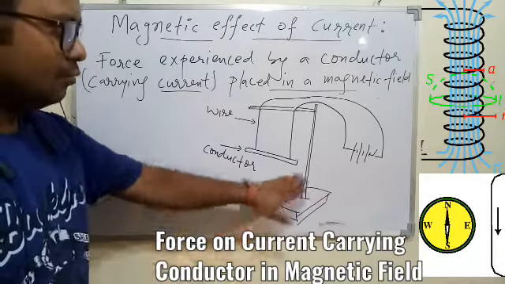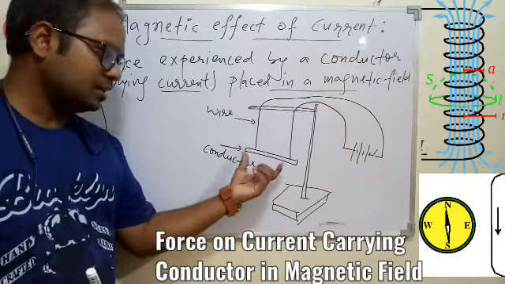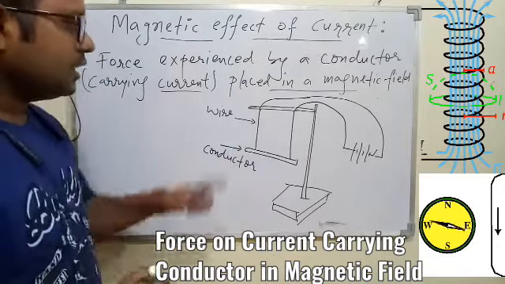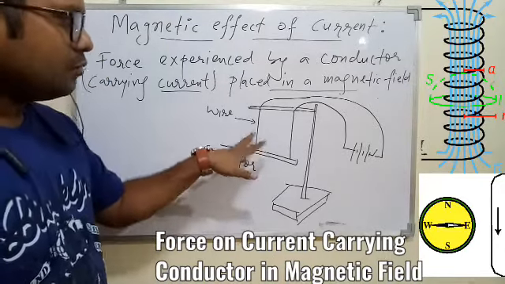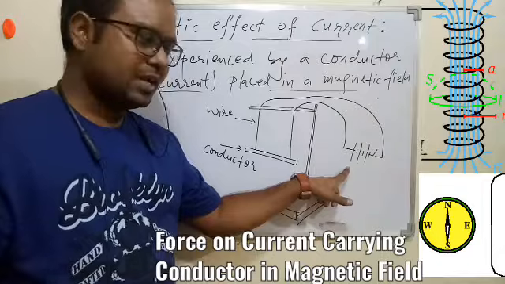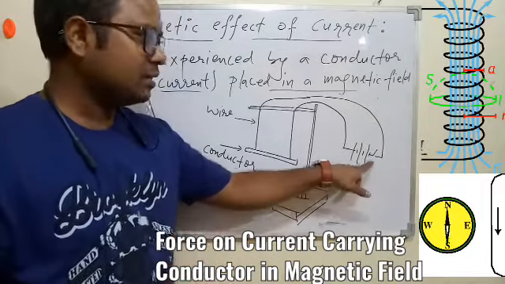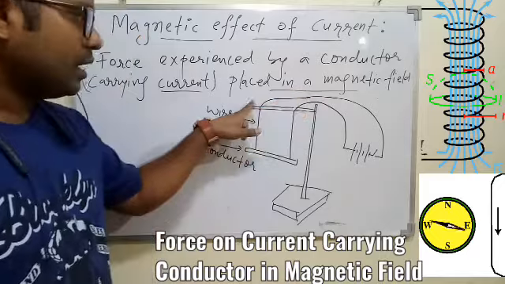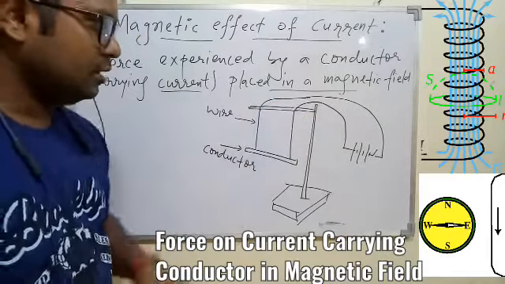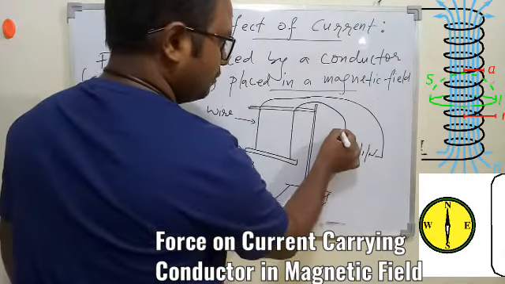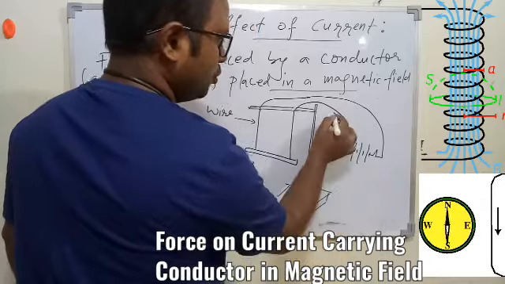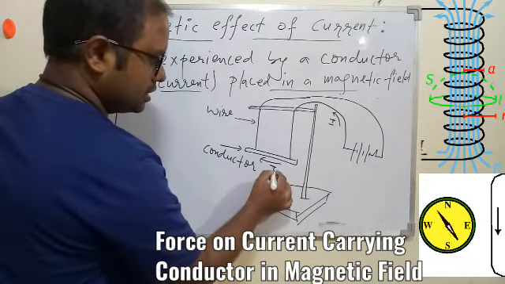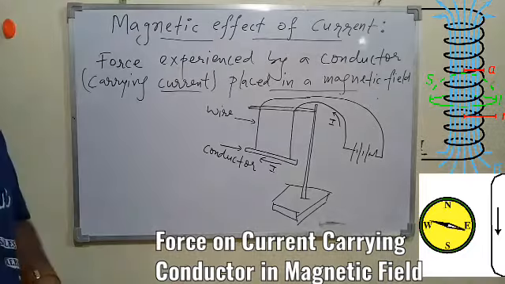We have this stand. With this stand, we are trying to hang one conductor, a straight conductor maybe, and that is connected with the wires, and that wire is finally connected to the power supply and a switch, such that when the switch is on, the current will flow through the wire and the current will flow through the conductor. So if this is positive, the current will flow in this direction once the switch is on. So according to this, current will flow through this conductor in a particular direction.